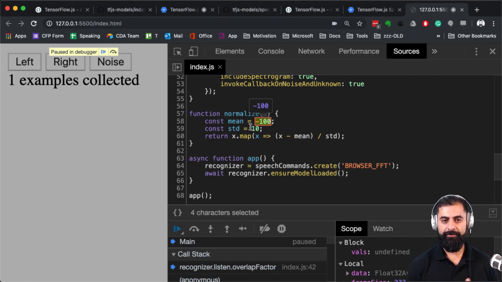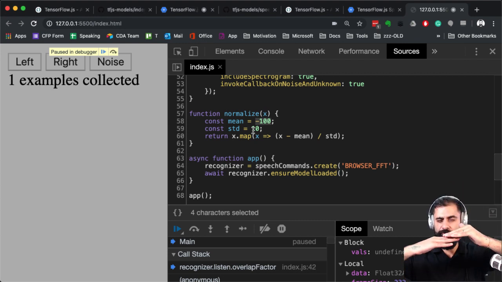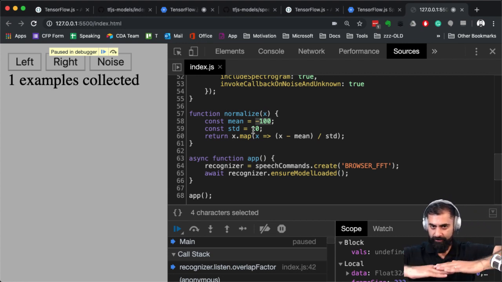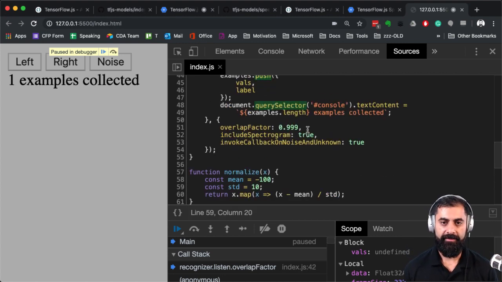And then by dividing it by a standard deviation of 10, if the range is this big, it's going to make the range this big. So what that's basically telling me is the data is basically like this. Here's 0 maybe here. The data kind of averages like this. What we're doing here is we're making the data like this and kind of average around 0. And that's what normalize is doing there.